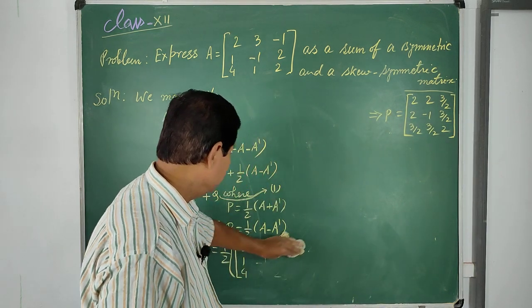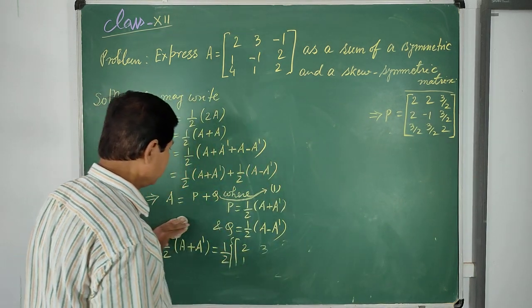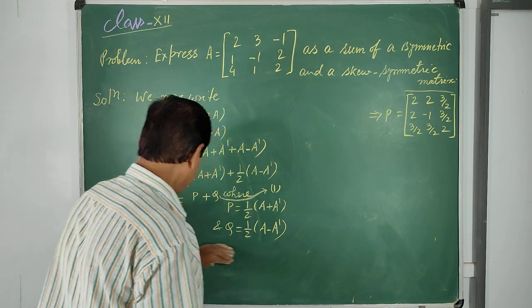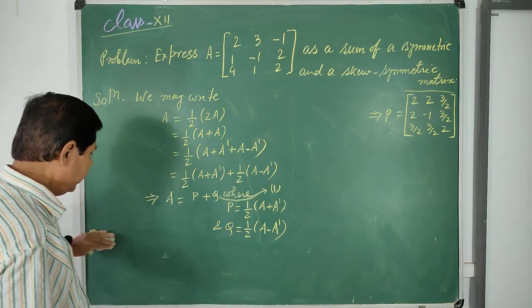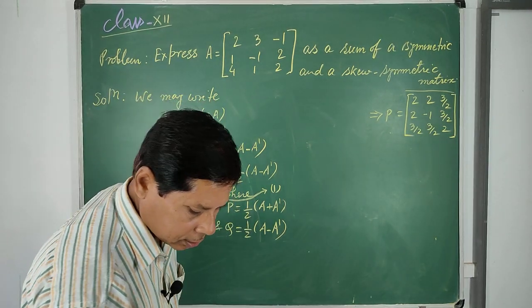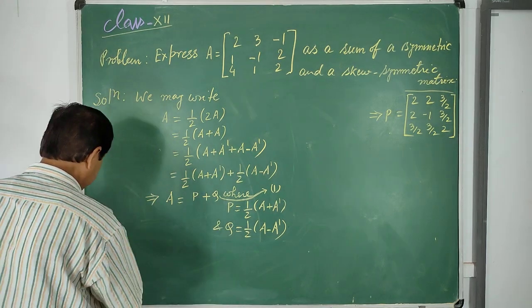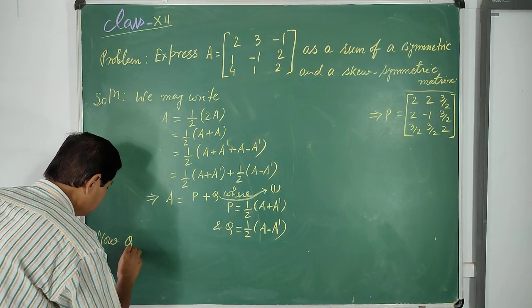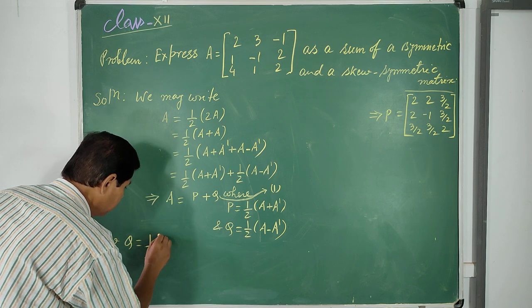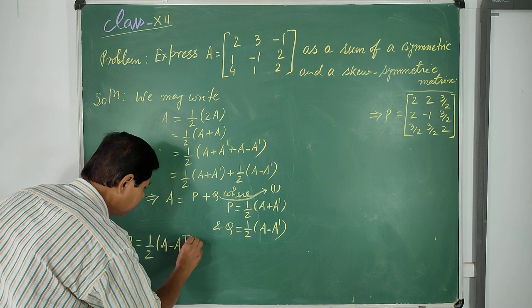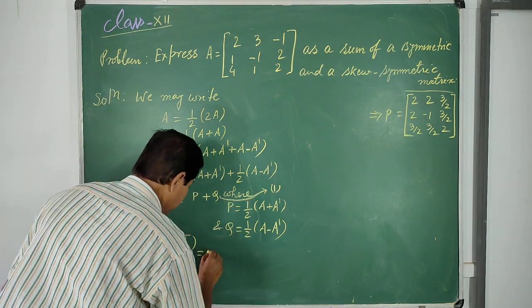Now calculate Q from there. Q equals half of A minus A dash, or A T. So let us calculate Q. Now Q is equal to half of A minus A dash, or A T. That is equal to half,